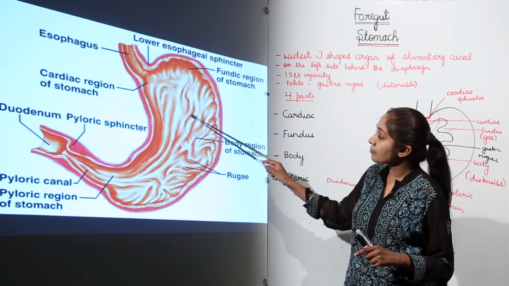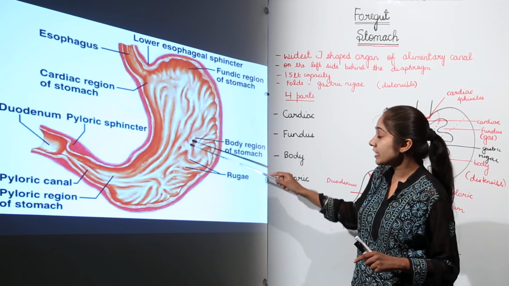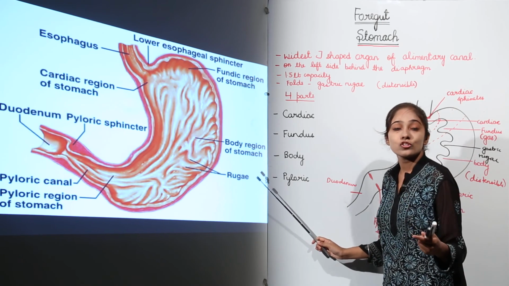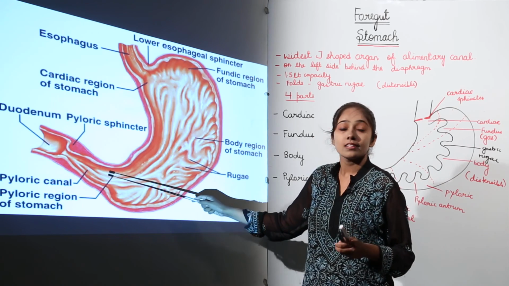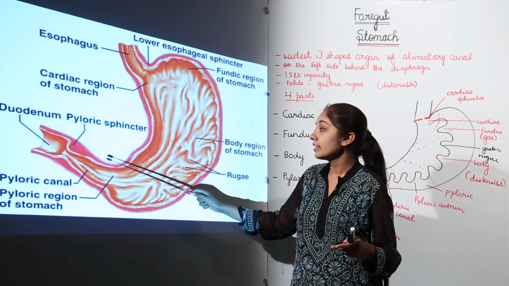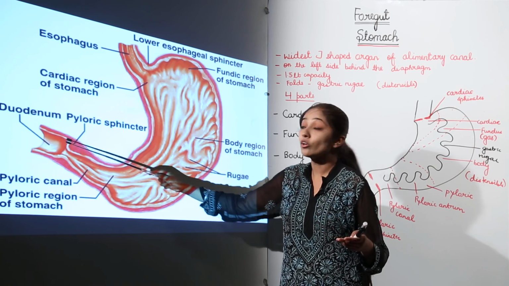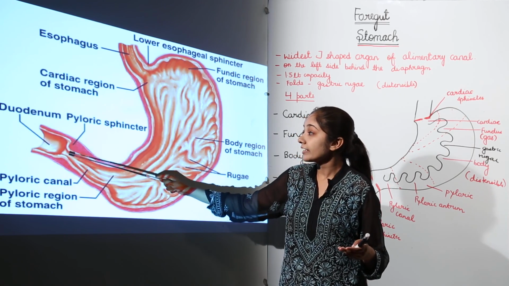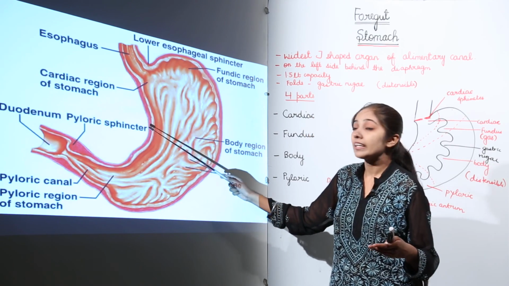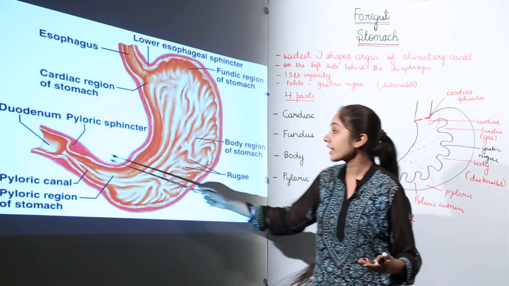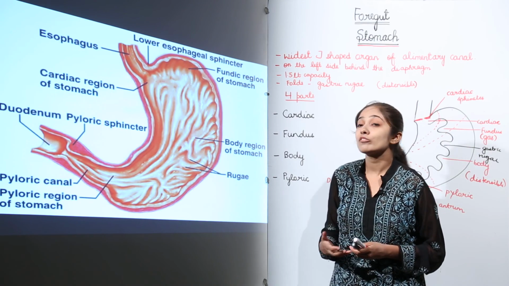Now as you can see in the image, there are certain folds, right. In the wall of the stomach there are certain folds, and these folds are termed as rugae, or you can also term them as gastric rugae. Okay. And here the pyloric part is divided into two, that is the pyloric antrum and the pyloric canal. Now this pyloric canal is leading the food to the duodenum, that is the small intestine, and here at this opening we have a sphincter, that is the pyloric sphincter, and this pyloric sphincter is preventing the backflow of the food from the small intestine back into the stomach. So this was about the structure of the stomach. Now let's move on to the functions of the stomach.